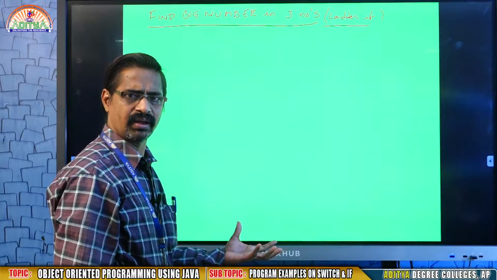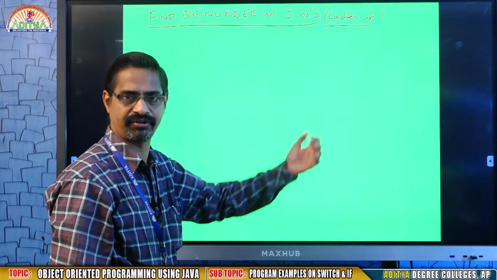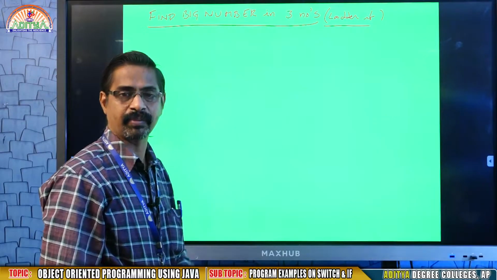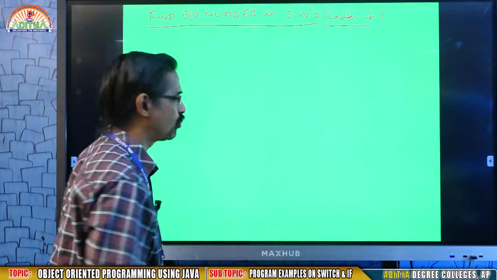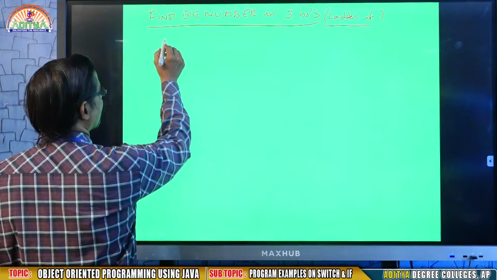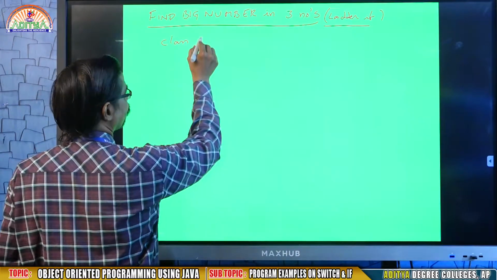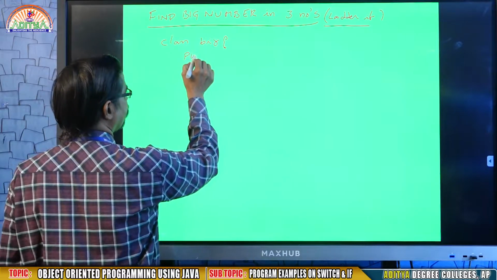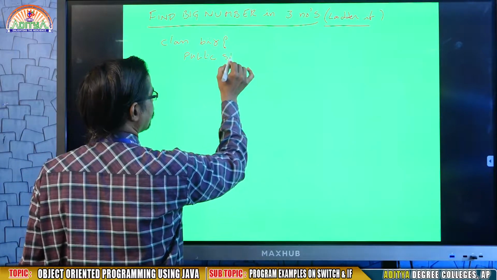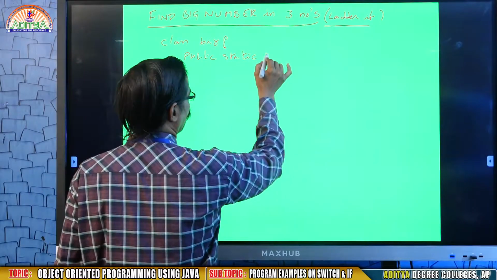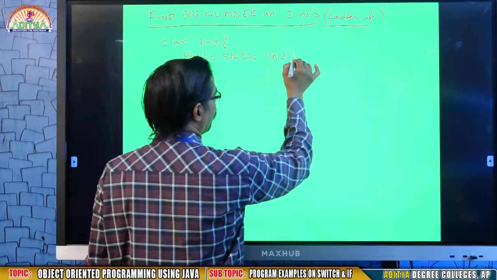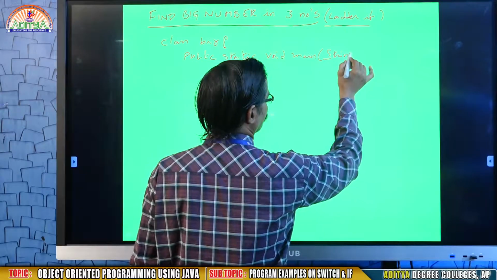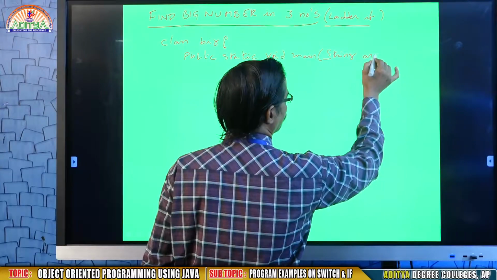As usual, I gave the same program in nested if. I require 3 variables, since I have to find the big number in 3 numbers. Every Java program starts with a class name, here big, and inside the class I write public static void main, String args.